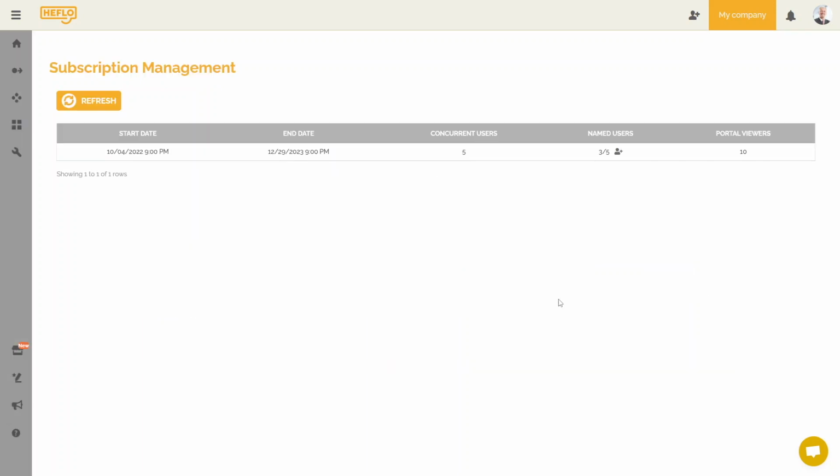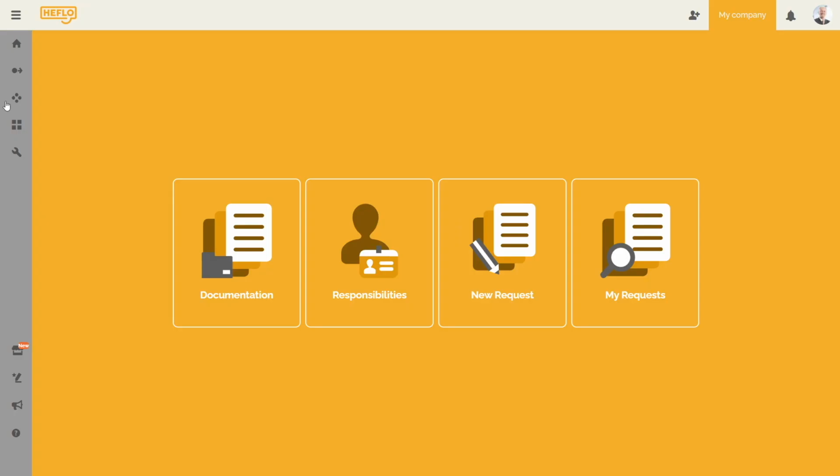The second easiest license is portal viewers. This type of license gives access only to the portal screen. This type of user will only access this functionality, where he will consult the documentation of the processes, the matrix of responsibilities. He will also be able to initiate work items via this tool, and he will be able to consult their progress. With this license, you give limited access to the tool to your user.